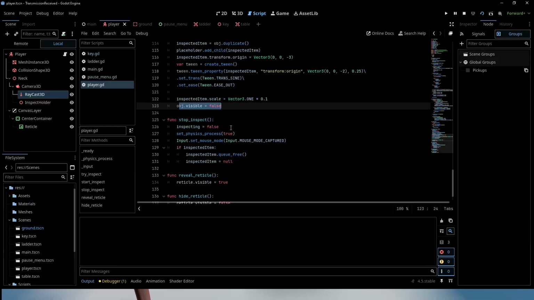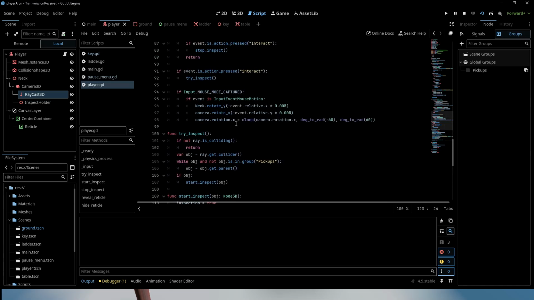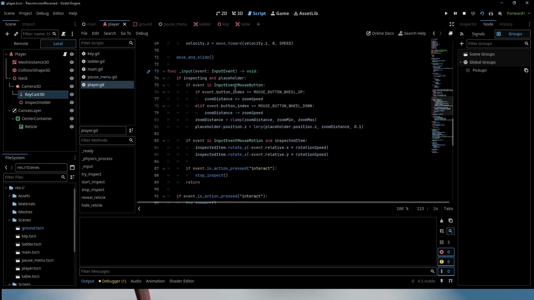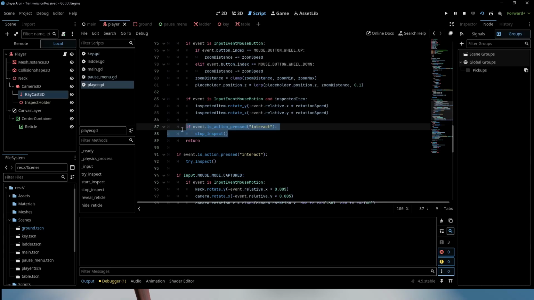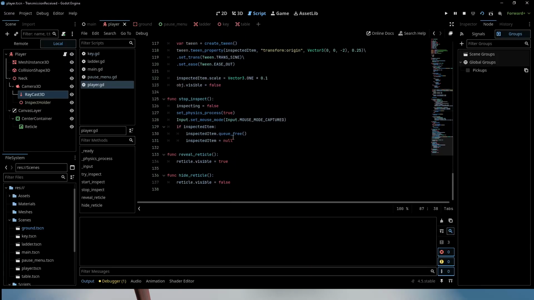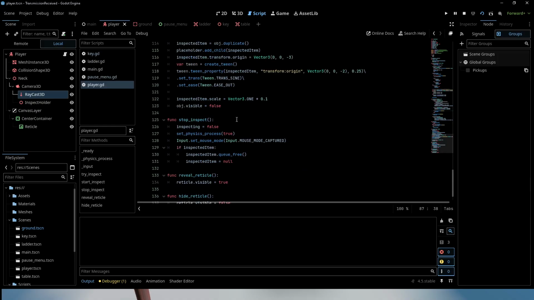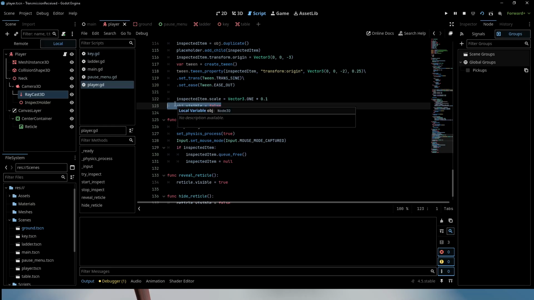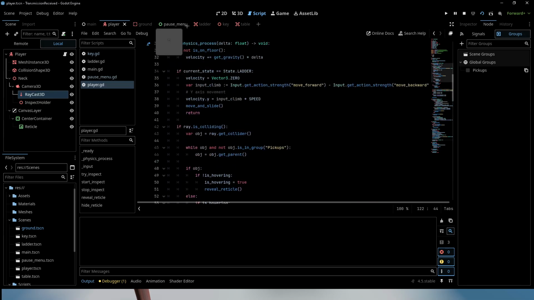So something that I do have to fix though, I want to add an instance or a case where if I'm in the inspect mode, it's going to be something like here, where if I instead click escape, it's going to put down the item so that the item doesn't delete itself for whatever reason if the player doesn't want to pick it up at that time. It'll still make the object visible and pickupable again. But that is pretty much all the